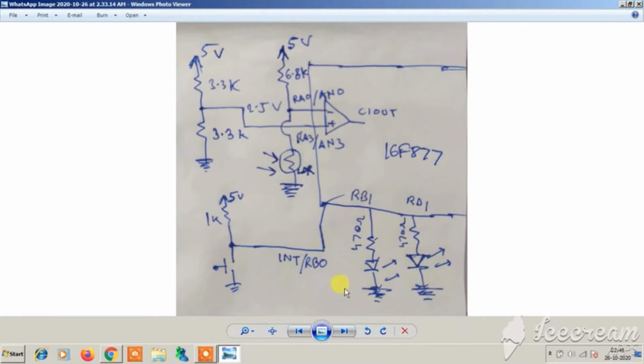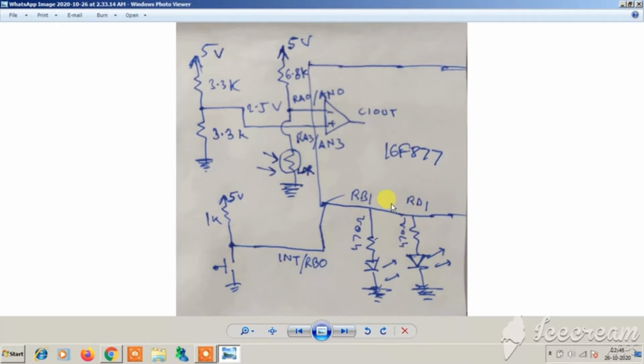RB1 will be for the main code. In the main code we will be blinking this LED forever, and on the occurrence of the external hardware interrupt, the RD1 LED will blink once, and when the comparator interrupt occurs, RD1 will blink 5 times.